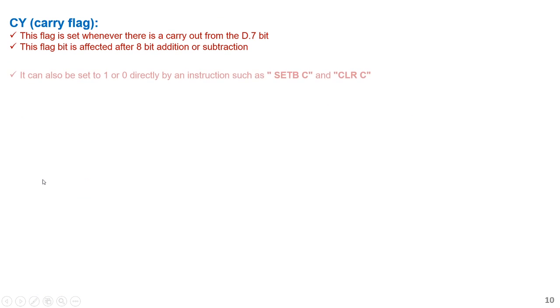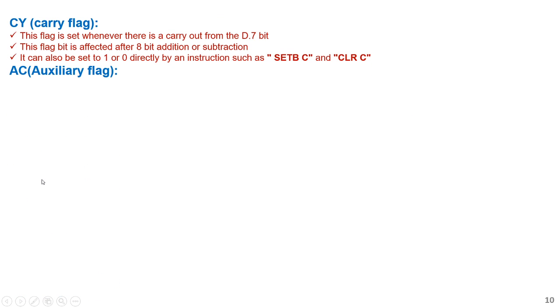When a carry is generated from the D7 bit in an arithmetic operation, this flag gets set. It is also set by using the software instructions set bit carry flag and clear carry flag. When this instruction is executed, the carry flag will be 1, and when this instruction is executed, the carry flag becomes 0.